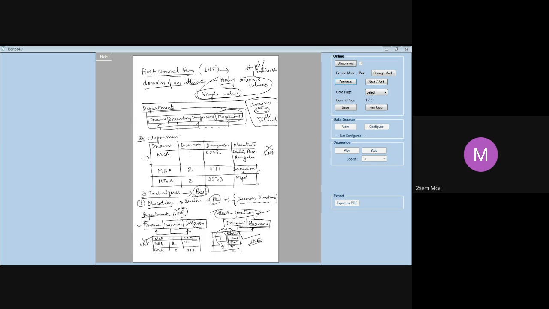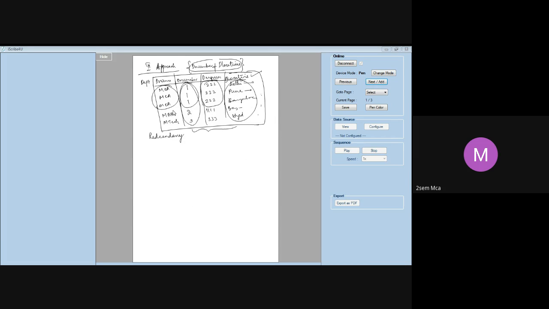In the previous approach, only these two you are putting in a different table, whereas in your original table, it appears only once. MCA 1, MBA 2, 2, 2. That's all. But here what is happening? The department name is getting repeated. Department manager's SSN is getting repeated. Not required. It leads to a lot of redundancy. That is the disadvantage of this approach. Okay, that's the second approach.